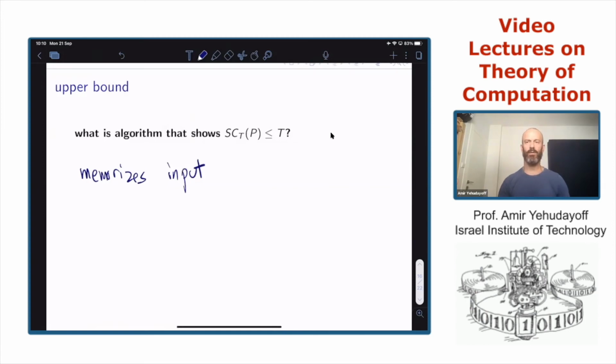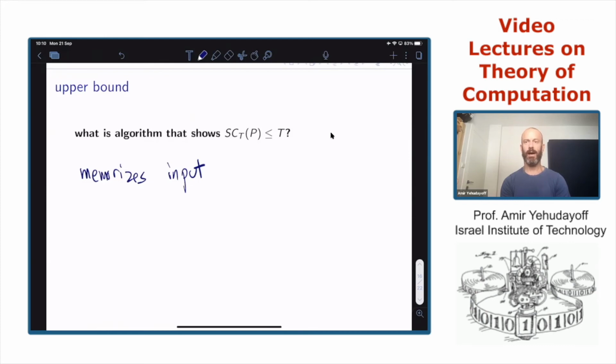I will not write this formally. It may be a good exercise to define the update rule and the decision function that underlie this very simple algorithm. It just memorizes all the input, all the data it sees, and then makes a decision. The algorithm maybe doesn't do anything interesting with the data.